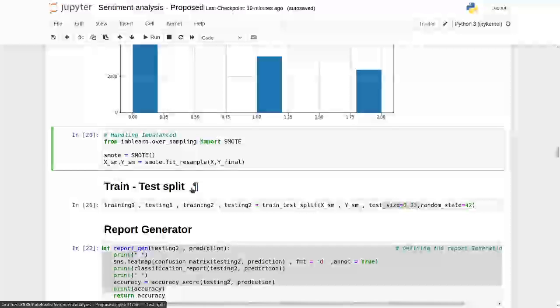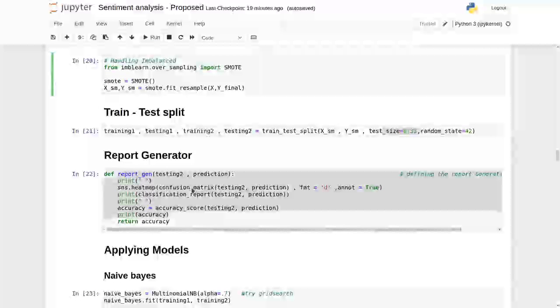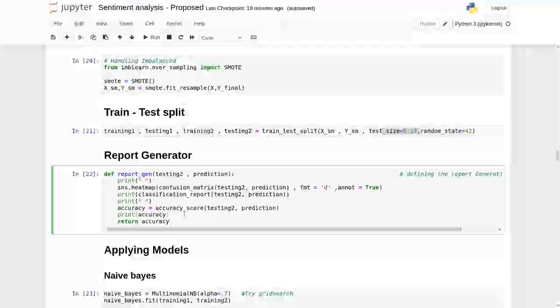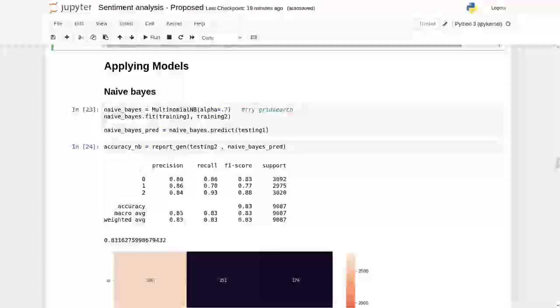The size of the test dataset is one third of the whole dataset. After this, I have written a function which generates the report of the machine learning models I have used in the further piece of code.